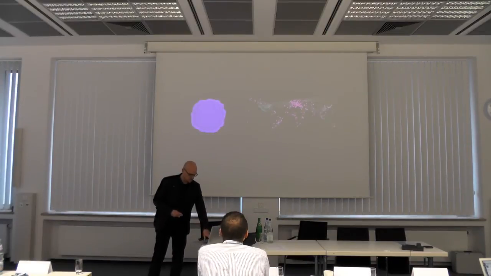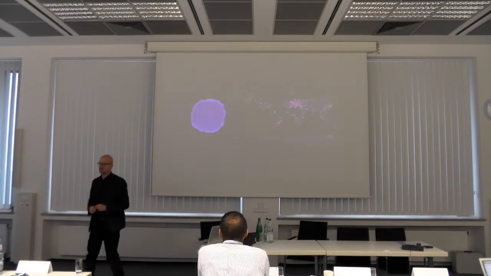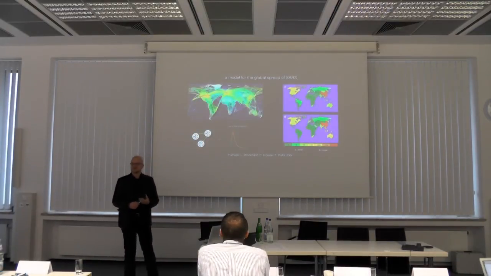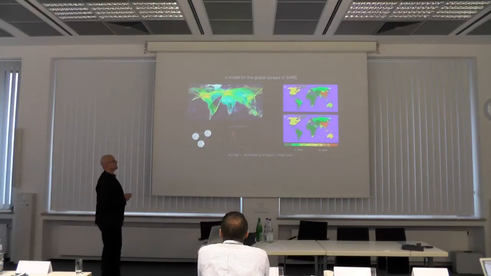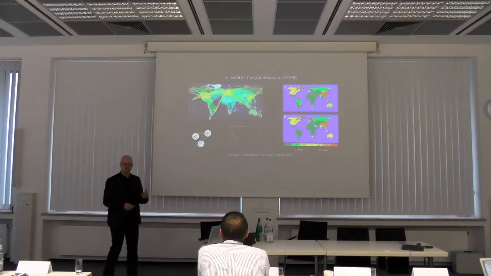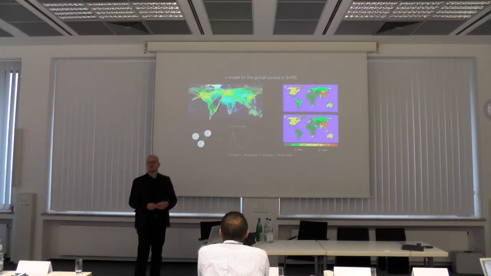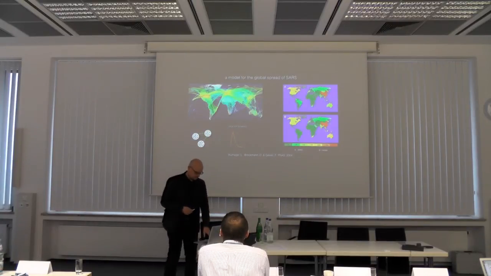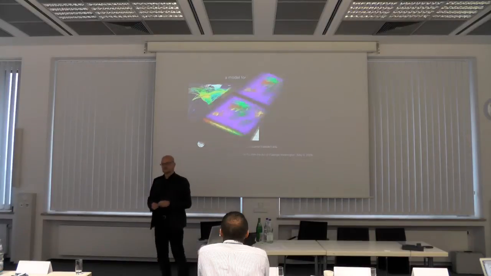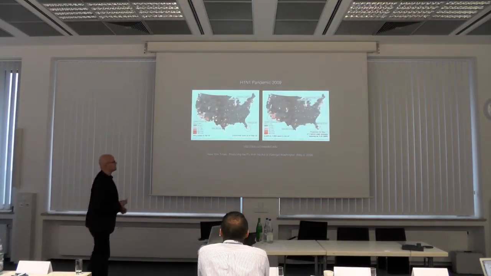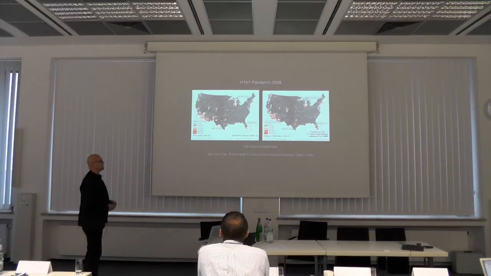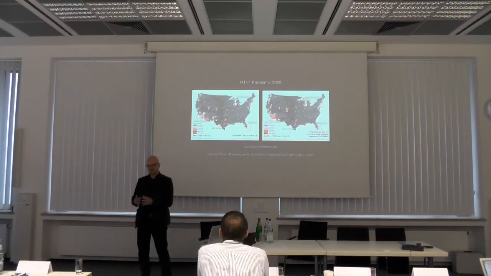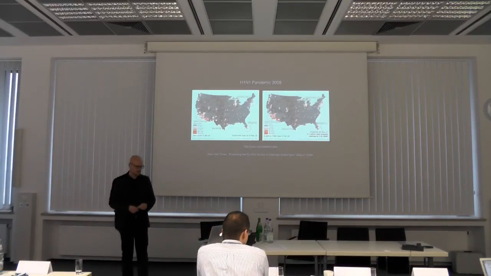But the idea behind this, which goes back 10 years when we started doing this, was the assumption that essentially the dynamics of the underlying process is not much different. All that we really need to know is the network structure, combine it with conventional models for local disease dynamics, and then potentially make some good predictions. We started back then with SARS, and a few years later we refined the models and tried to make predictions. For instance, this is a picture of H1N1 and a short-time forecast we did with this idea of combining mobility networks with local dynamics for a disease and then trying to make some sort of forecast.